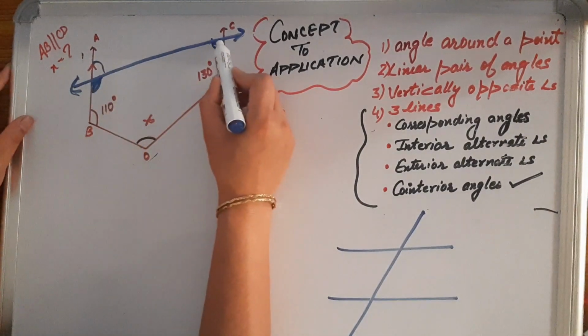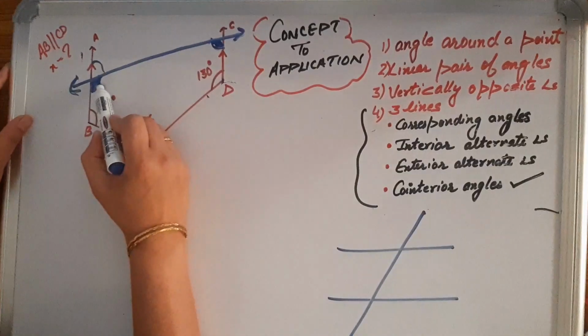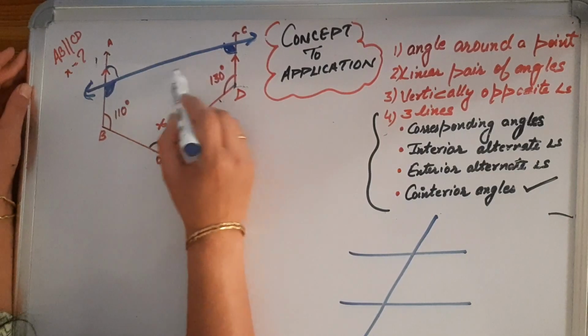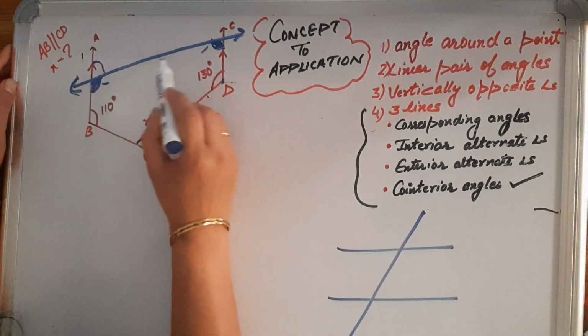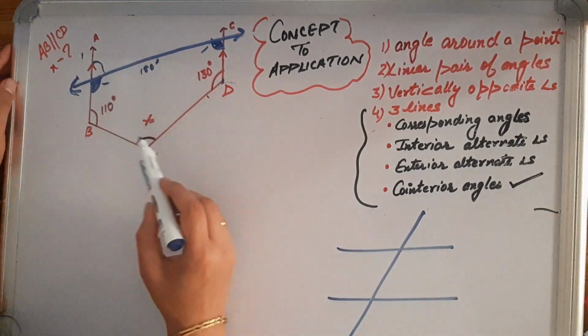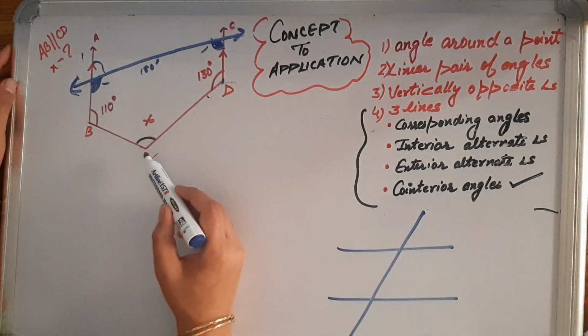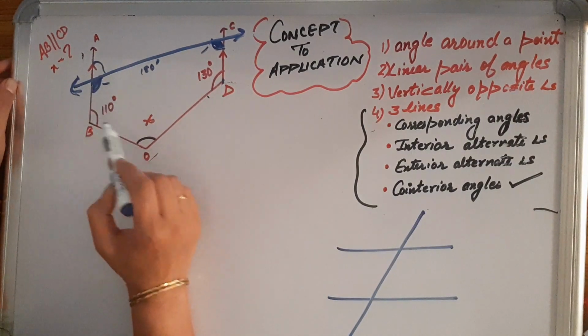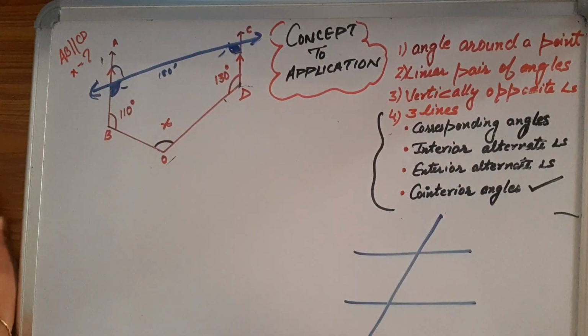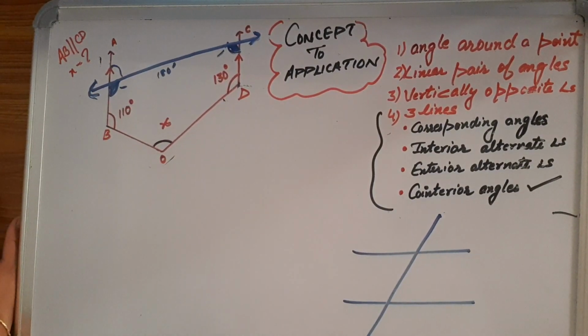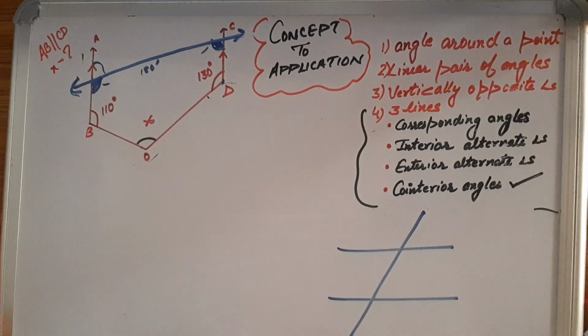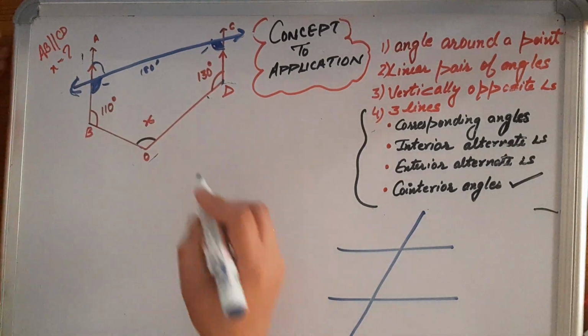What all are these angles? Just focus. These two angles, which angles are these? Yes, these are co-interior angles. That means their sum is 180. This plus this, their sum is 180 degree. Can we find out x? Yes, we can find out, because this is a pentagon. And you know how to find out the sum of all interior angles of a pentagon, no? So this figure is a pentagon, and we use the sum of all its interior angles.